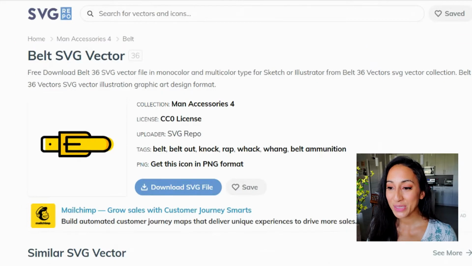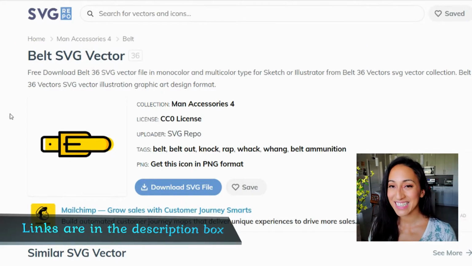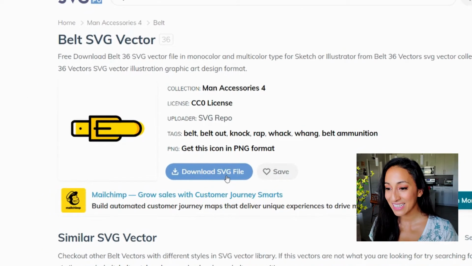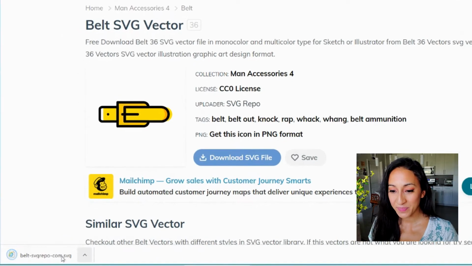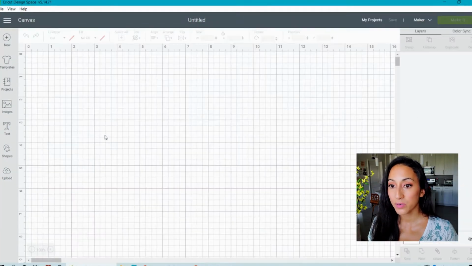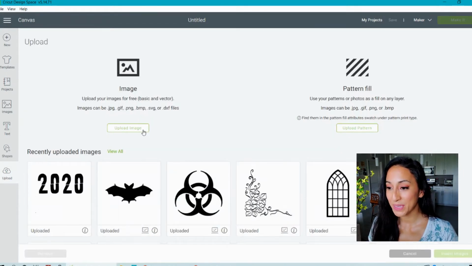Now let's go into uploading the SVG into Cricut Design Space. So I'm actually using this free site here, and I will put the link in the description below. I know you guys are wondering, why is she uploading a belt buckle? But you will see in an upcoming DIY how I use this. So we're just gonna hit download SVG, and once it's downloaded in your computer, just go right into Cricut Design Space. So I have an empty new project, and we're gonna hit upload image,